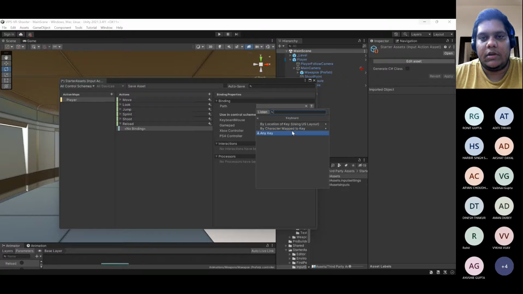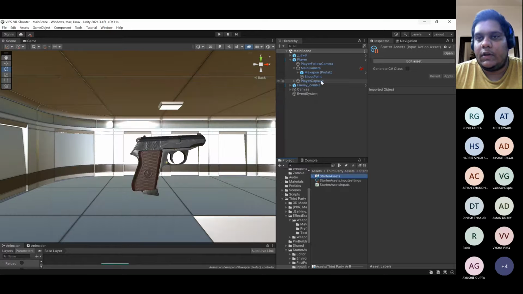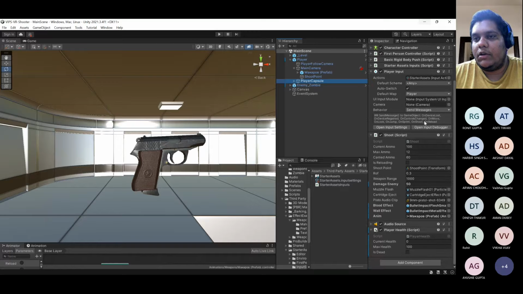Instead of searching through keyboard, going here, and then looking for a key, what we can do is click on this listen button. If I click on this listen button, now it is listening to what I press, and I pressed R. So now I can choose the R keyboard directly. This is a shorter way of getting that done. And this is for keyboard and mouse, and that's it. So I just need to save this. And when I go back to my player now, I will see that an on reload event is